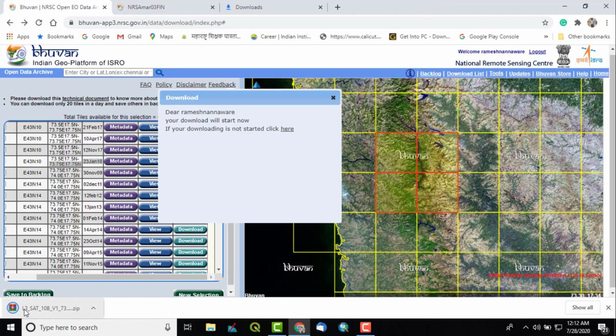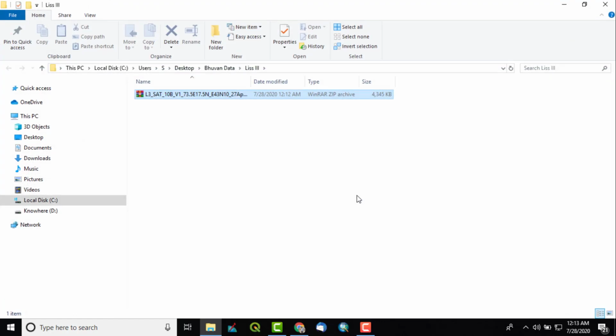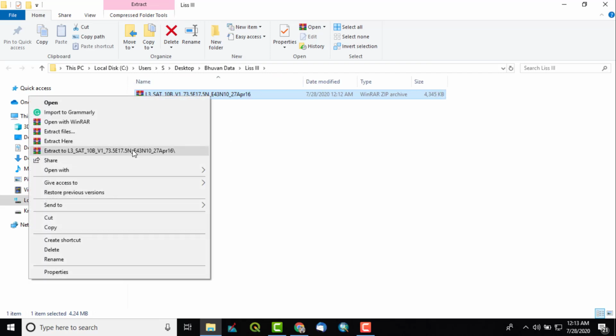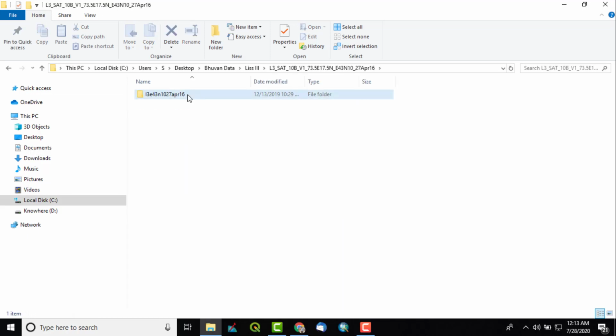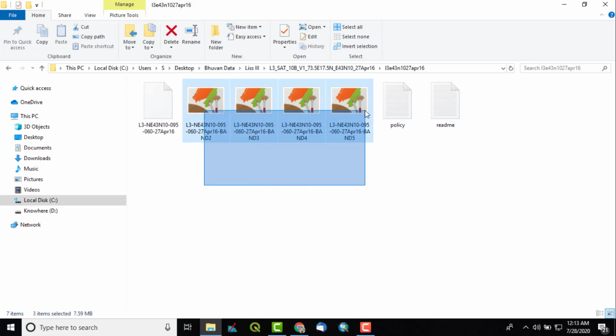So see, the satellite image has been saved, and it has saved quickly because its memory is hardly 4 to 5 MB. I'll just click here and click on show in folder. This is a zip folder which we have to extract by right click and extract to, and then you can see here these are the 4 bands of LISS-3 satellite data.